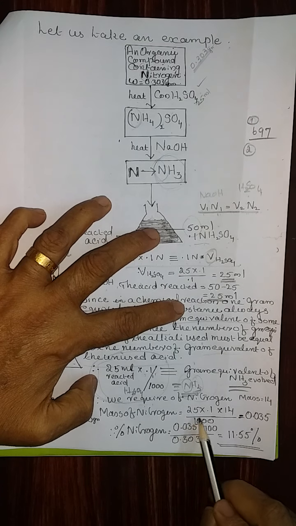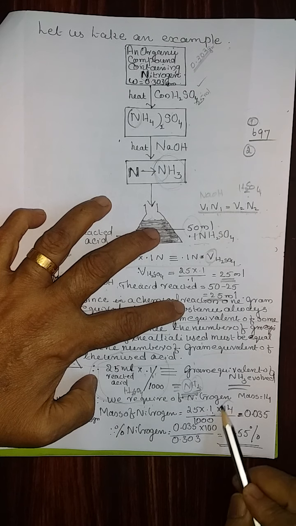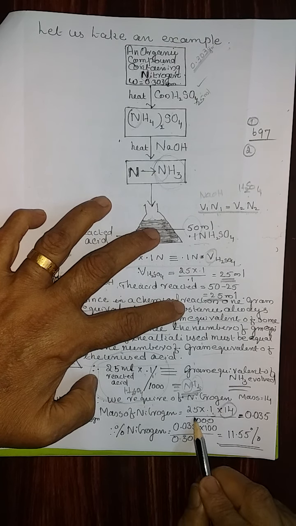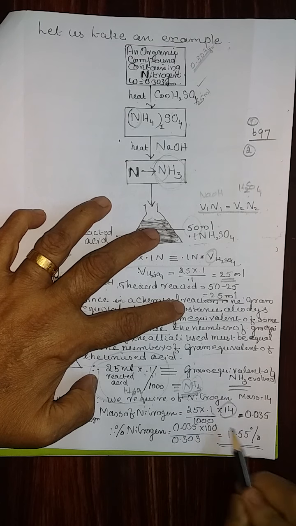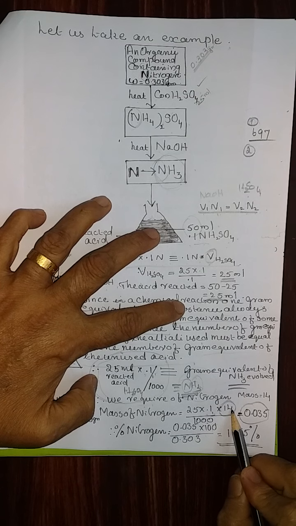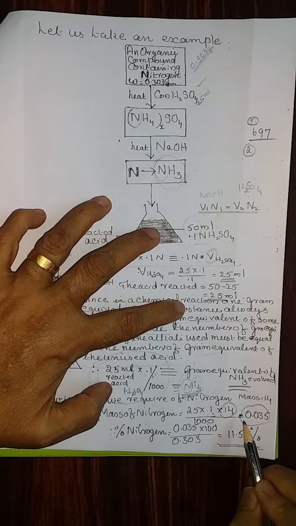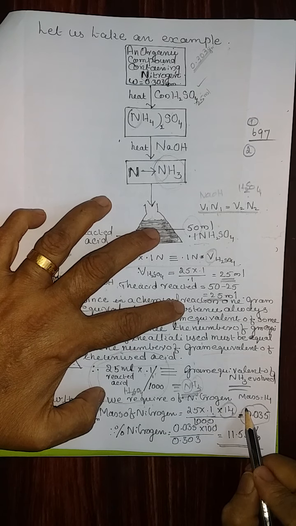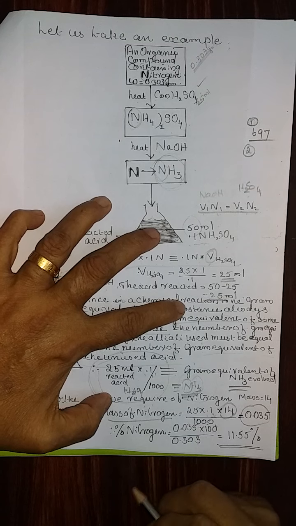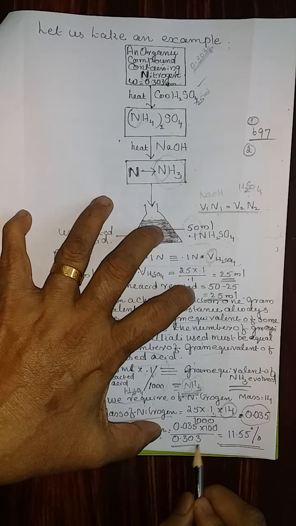Therefore, 25 into 0.1 into 14, that is the atomic mass of nitrogen, per liter, that is divided by 1000. You will get a value like this. You calculate and find out the value. Once you get that value, that is the mass of nitrogen. Once you get the mass of nitrogen, it is easy to find out the percentage of nitrogen, because we already know that